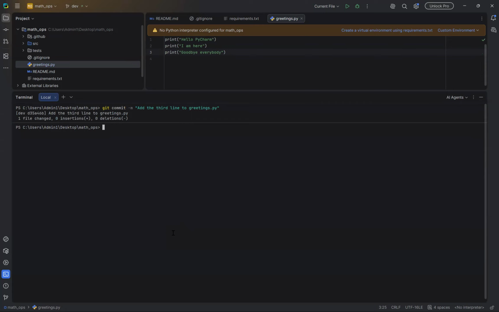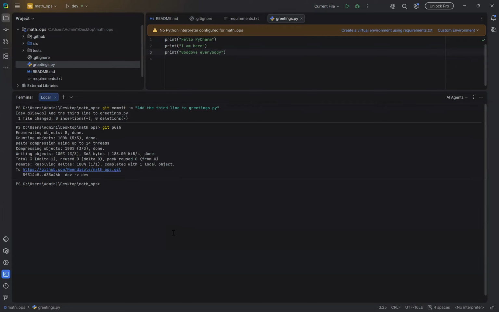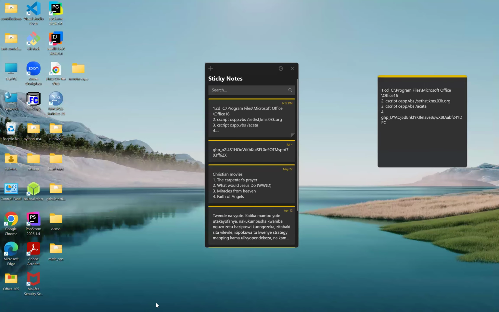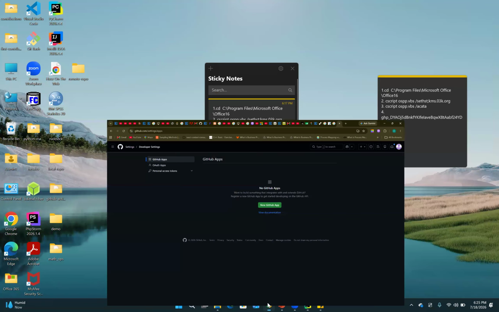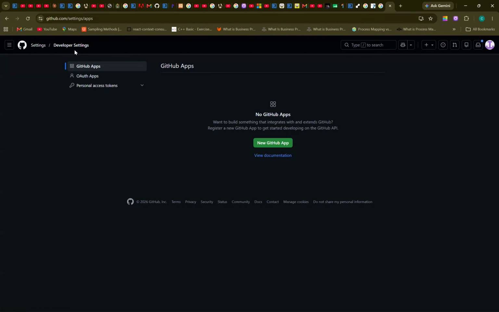See that? Here now I can just say git push. It must work because we have already set the tracking branch. So it knows where to send those commits. It knows these commits must go to the dev branch in the remote. So when you come to the remote here,